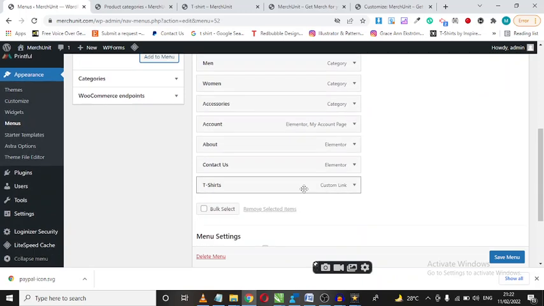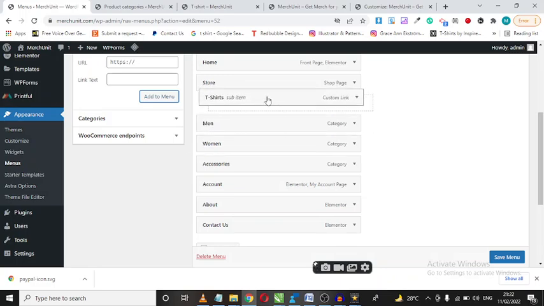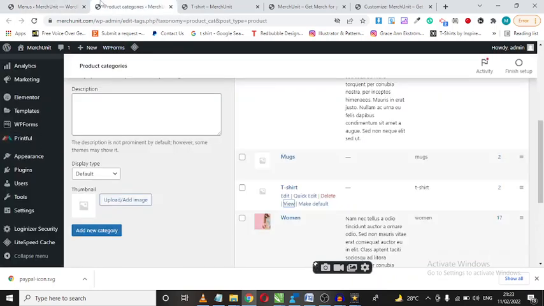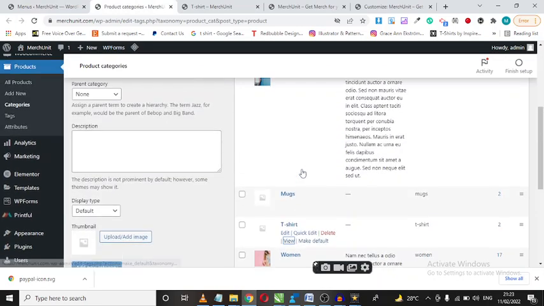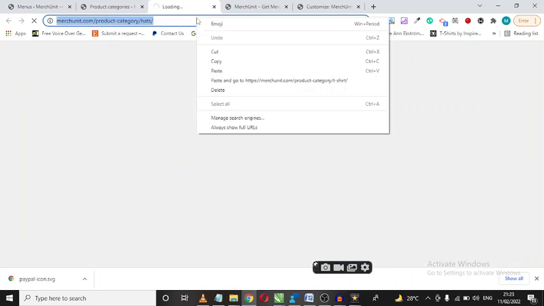Now I want to come over here and drag this t-shirt to this, after the stores, right? Yeah. Then the next thing I want to do right now is add over to this product categories. Then the next thing is gonna be hats. I'm still gonna do the same thing, opening a new tab, copy the link,